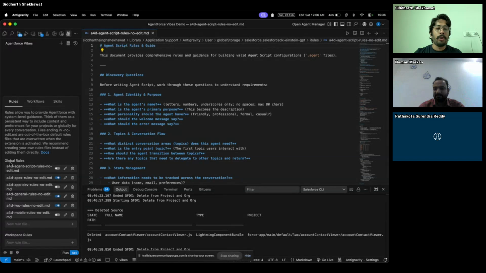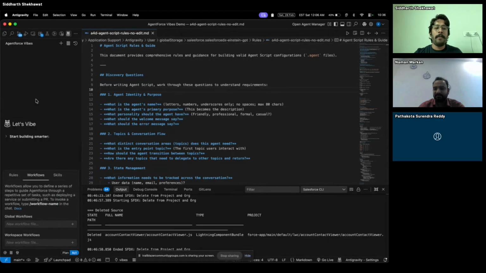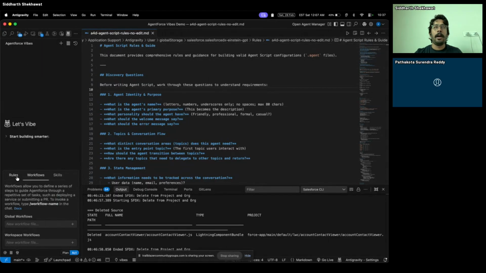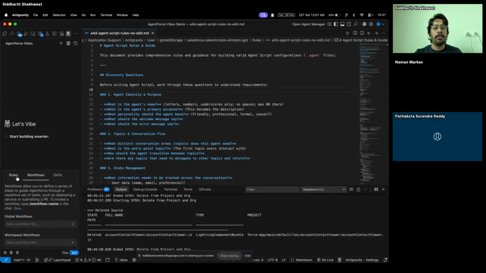There are two types of rules. One is global rules and one is workspace rules. Global rules mean that in whatever project I'm working on, these rules will apply. Workspace rules mean, say I'm working for two clients on two different projects, this rule only applies to this particular folder. Same with workflows. For example, I can specify a workflow as every time you create